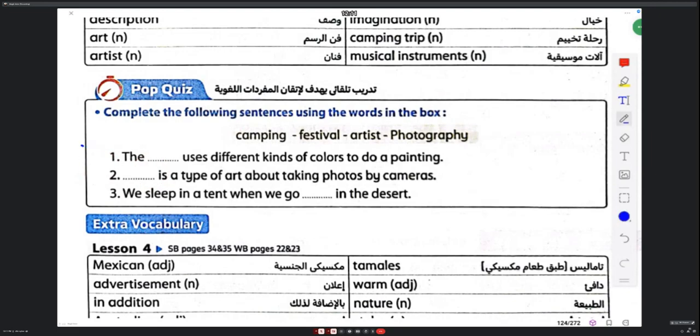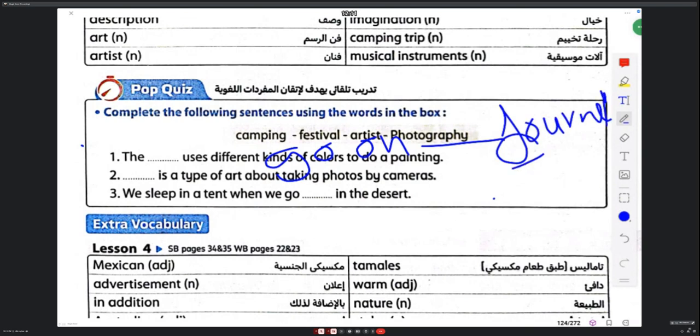The first four are with action verbs in ing form: go camping, go sailing, go diving, go running, go cycling, and so on. We say go on a journey, trip, go on a picnic, and so on.